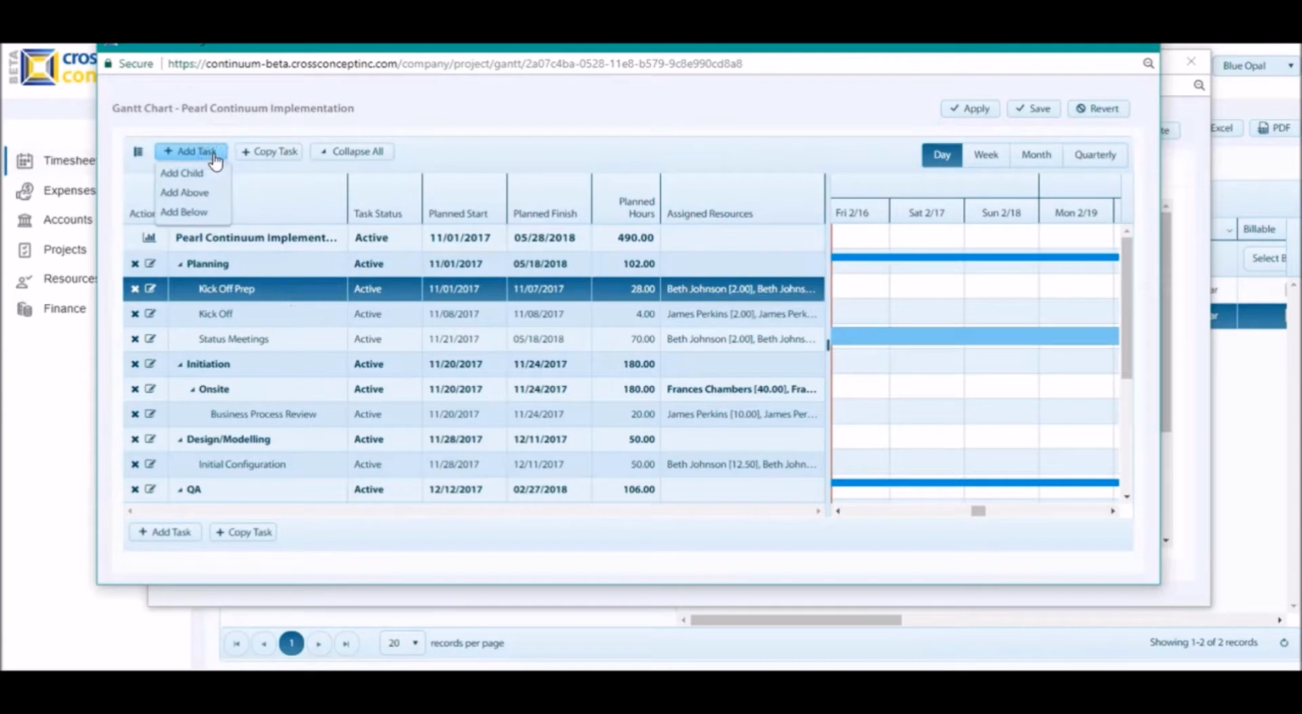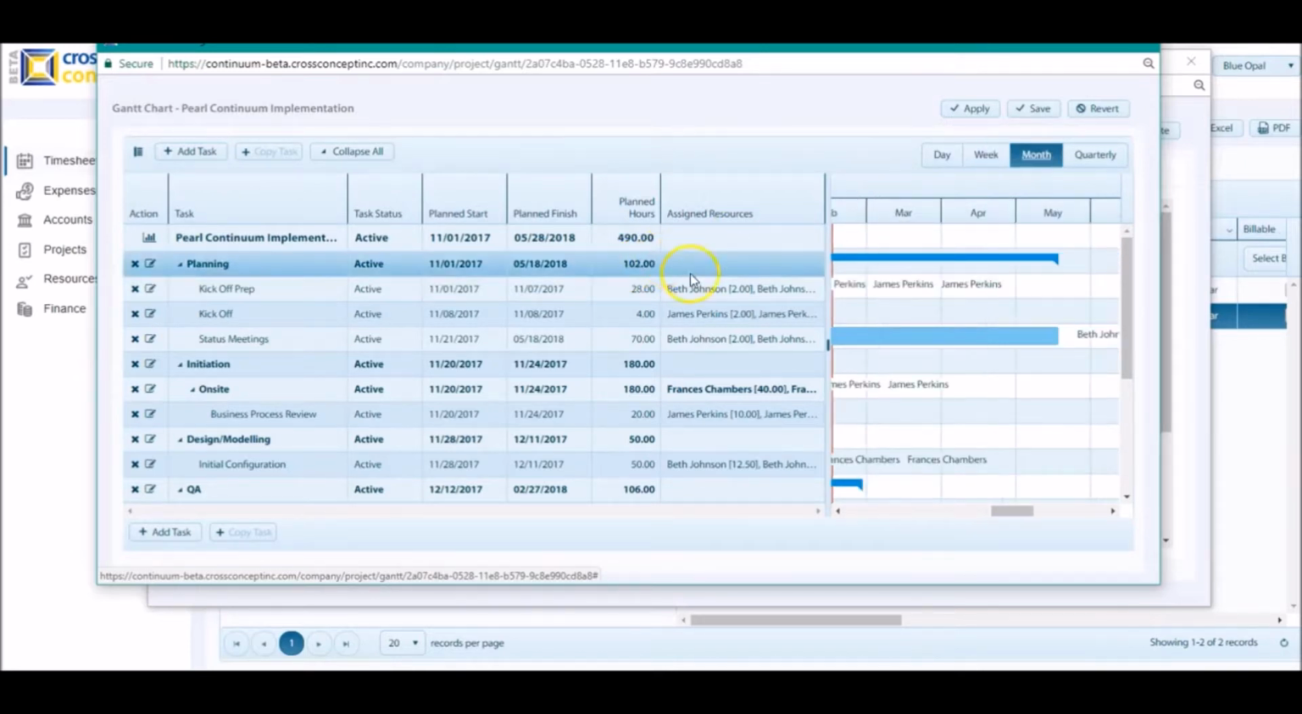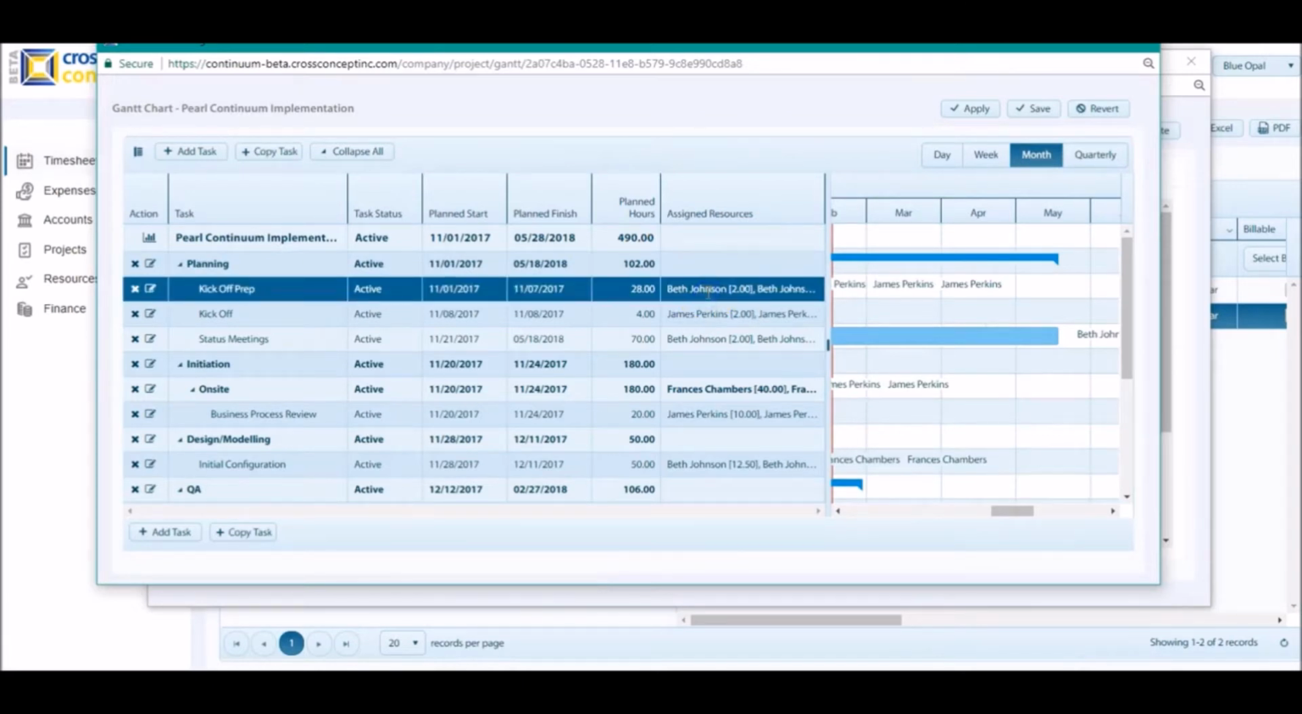I can easily add tasks either as a child, above or below the existing task. I can also very easily do a quick creation and copy tasks as well. I can toggle my view by either day, week, or month, depending on how I want to view the information and the hours. I can easily assign resources to tasks